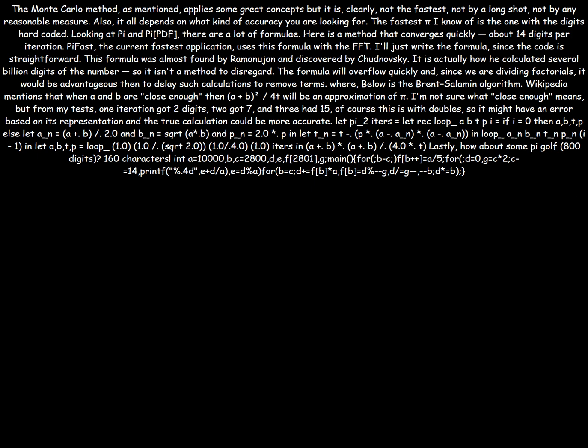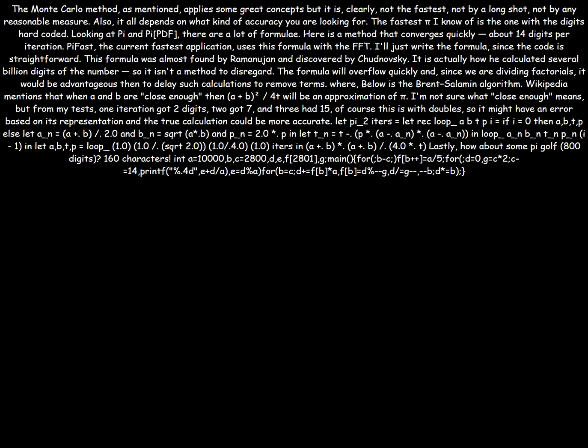let pi_2_iters = let rec loop_abtp i a b t p = if i = 0 then a, b, t, p else let a_n = (a +. b) /. 2.0 and b_n = sqrt (a *. b) and p_n = 2.0 *. p in let t_n = t -. p *. (a -. a_n) *. (a -. a_n) in loop_abtp (i - 1) a_n b_n t_n p_n